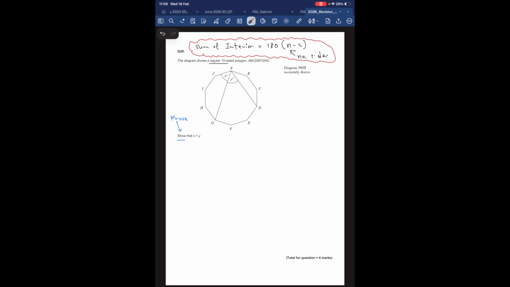The first thing we're going to do is work out the interior angles of the 10-sided polygon. In other words, we're going to try and work out what these angles here are. These are your interior angles of your 10-sided polygon. So we can use the formula above. Because we know that we've got 10 sides, we can work out these interior angles. The sum of the interior angles is given by the formula we had at the top. Now, this is going to be a multi-step problem. So the first thing I'm going to do